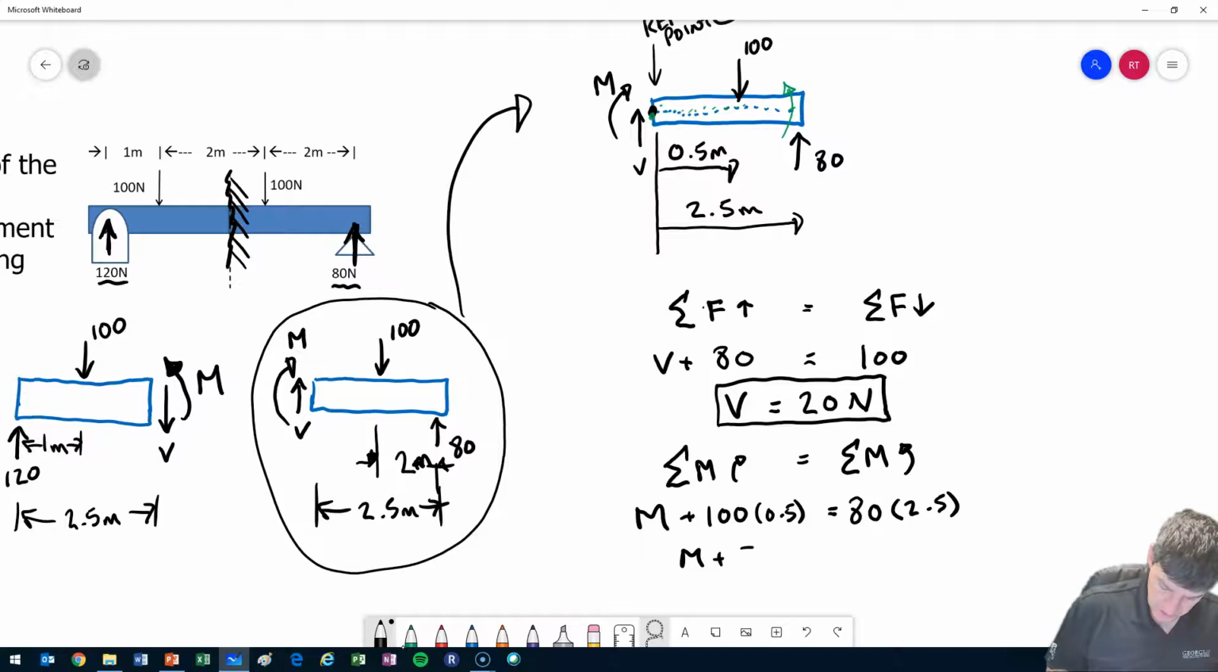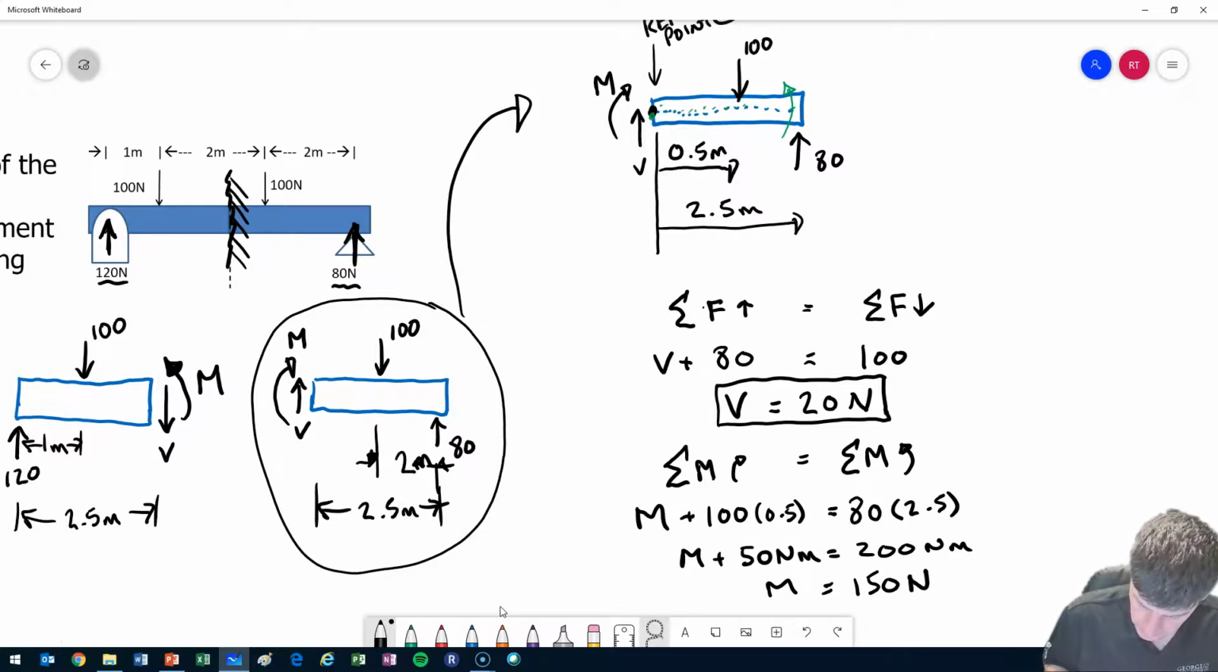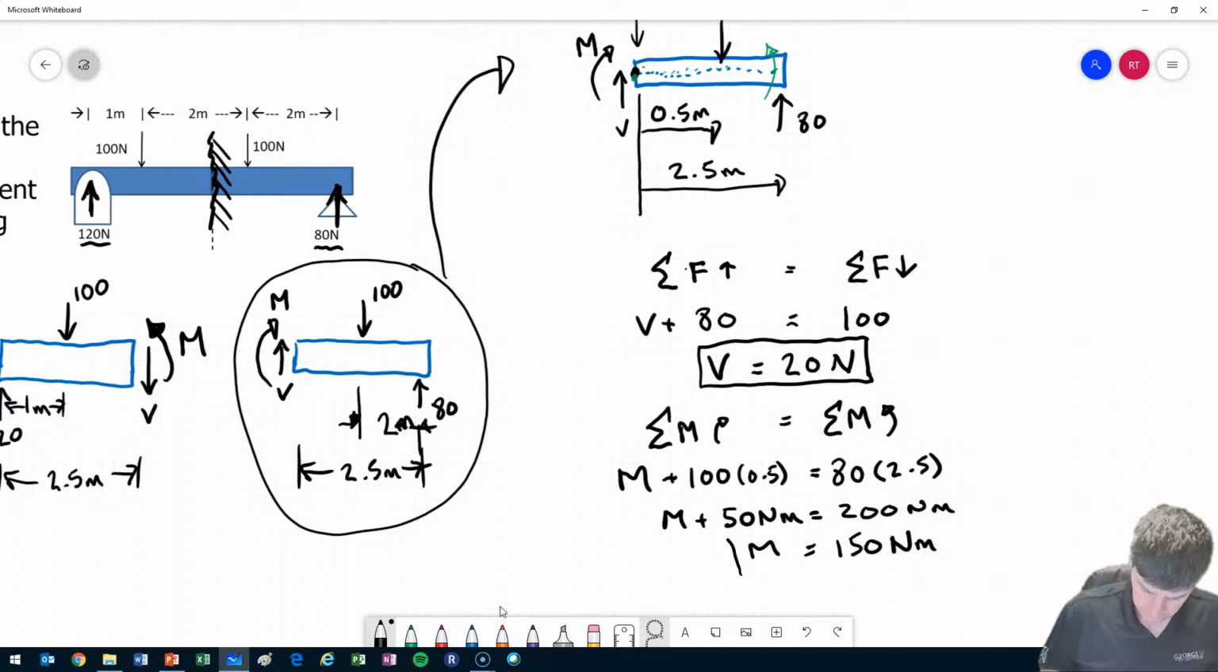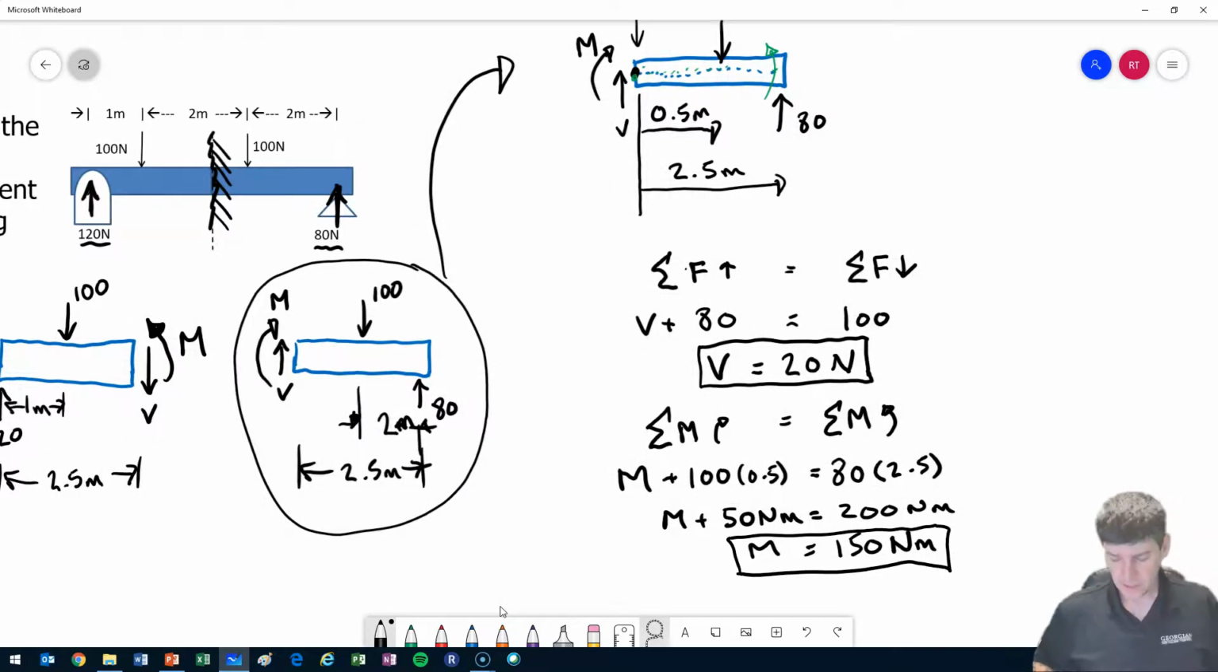So M plus 50 Newton meters is going to be equal to 80 times 2.5, yes, it's 200 Newton meters, and M is going to be equal to 150 Newton meters. Okay. So this tells me what forces are acting at that interface. Okay, so what is built up inside of the material that's holding it together, allowing it to be in equilibrium internally. And I found some values there. So I found my